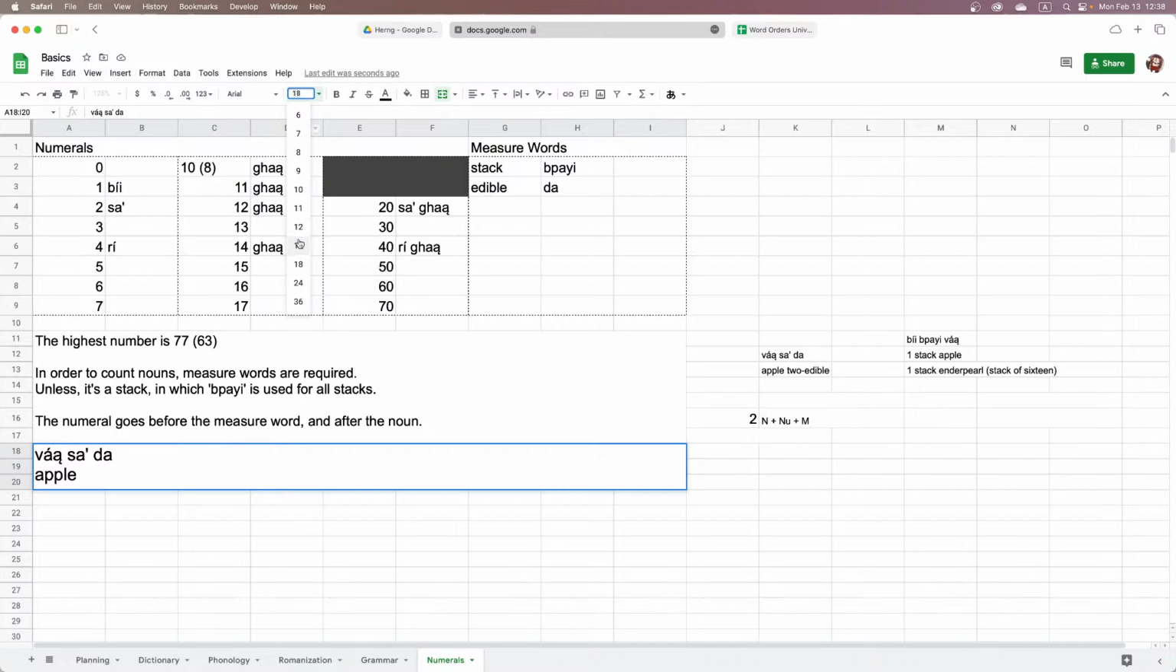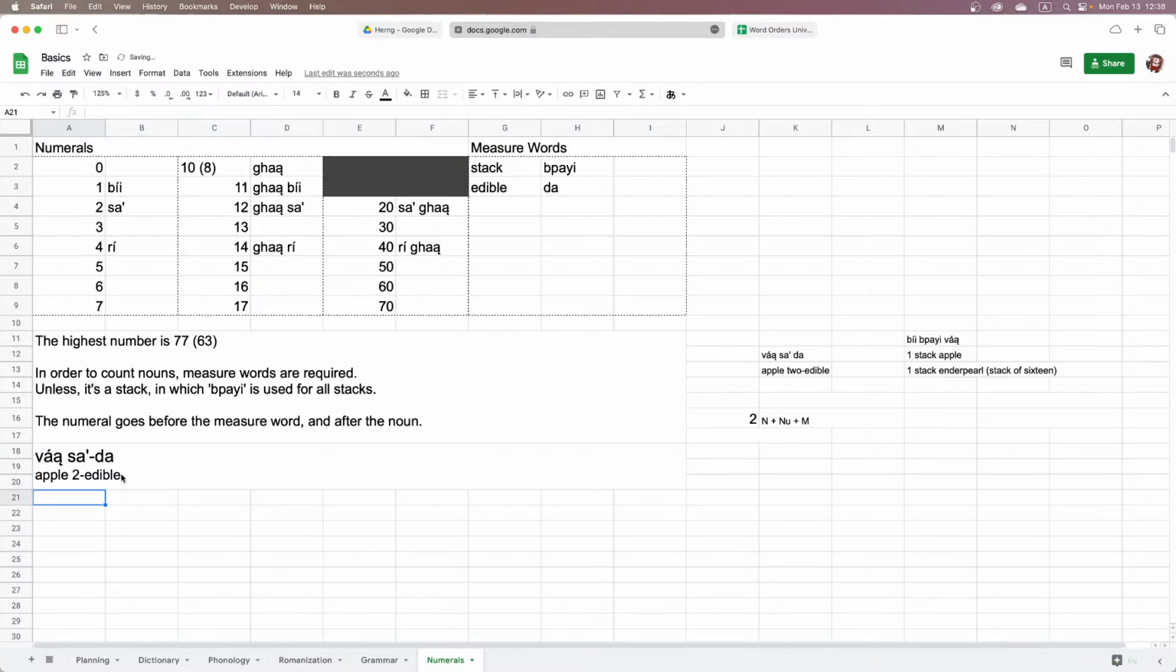Decrease this font size so it's easier to see. Apple 2 edible. I'll just add a hyphen there for now in case we figure out if we want to add spaces between them or not. So apple 2 edible. And then versus